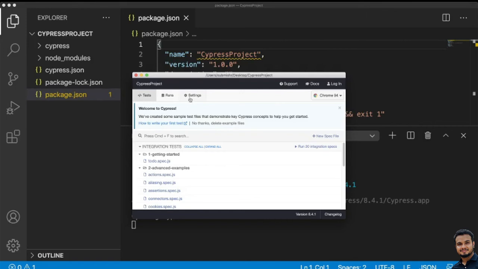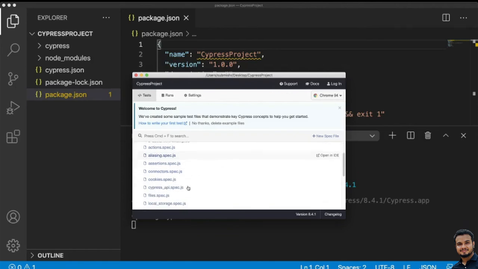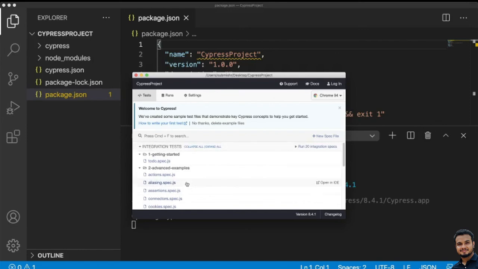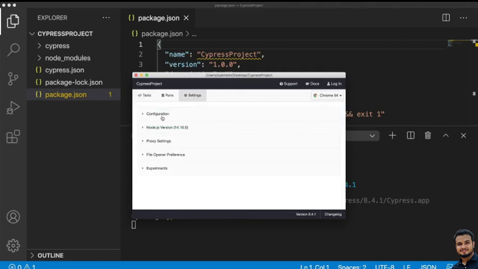Inside tests you can see integration tests and some examples. Inside settings you can see the project configuration. Also here you can see the browsers. Chrome 94 we are using. Here you can also see Firefox 90 and Electron. You can use those also.